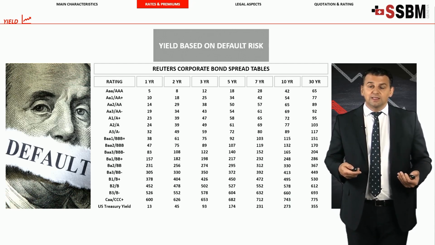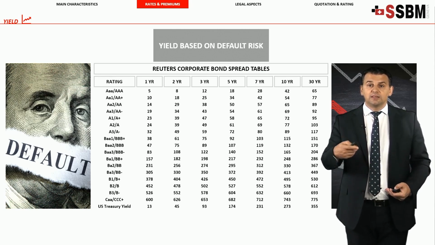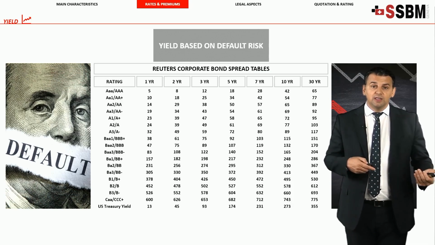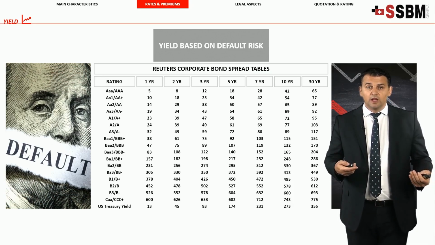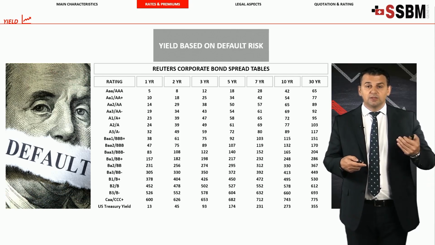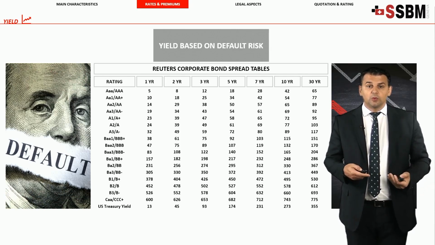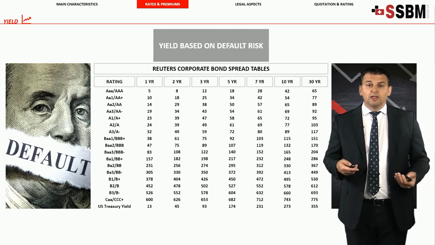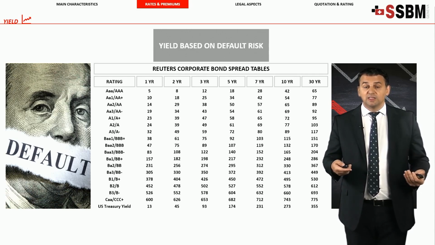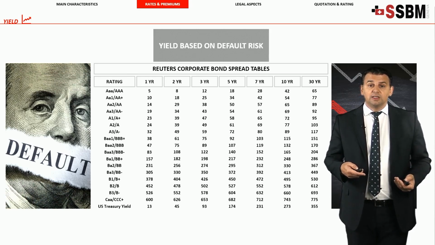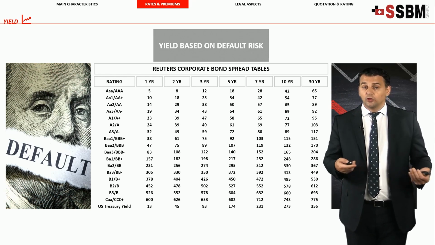On this slide you can notice different spreads or premiums in basis points depending on bond rating on one side and maturity. You can see the ratings from AAA to C, the worst one, in the middle BBB minus, what we call investment rating, and based on the maturity from 1 year to 30 years you have different basis points. 100 basis points means 1%. So here we can calculate, in this case for example, the yield on the bonds.